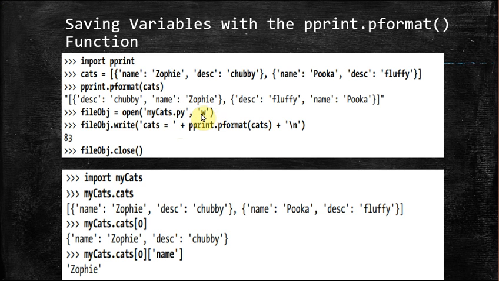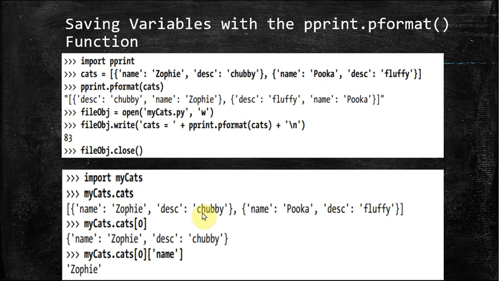mycats.py. In this case, what is the operation you want to do? You want to write into this particular file. So this particular data is written, and in the next statement, cats equals plus pformat(cats). So all that data is written, and this 83 is nothing but the size of that particular file that will be returned to us. And finally you're closing by using the file object's close. So this is one example that they have given for pprint.pformat.